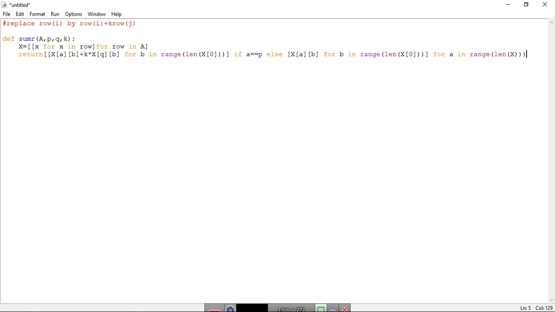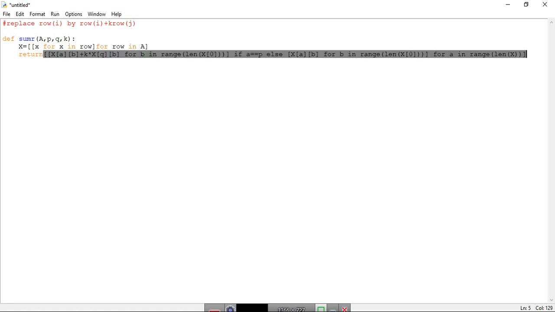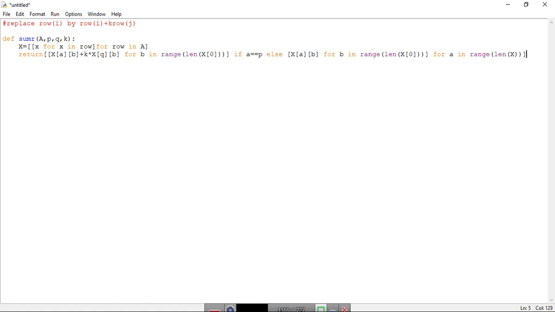Extra bracket. Okay, it's closed. What you have done is, if a is equal to p, this will add this. It will multiply k to this matrix, and then add it to this matrix, these elements. And if not, then you will get this xab as the same number. When you run this, it will be clear.